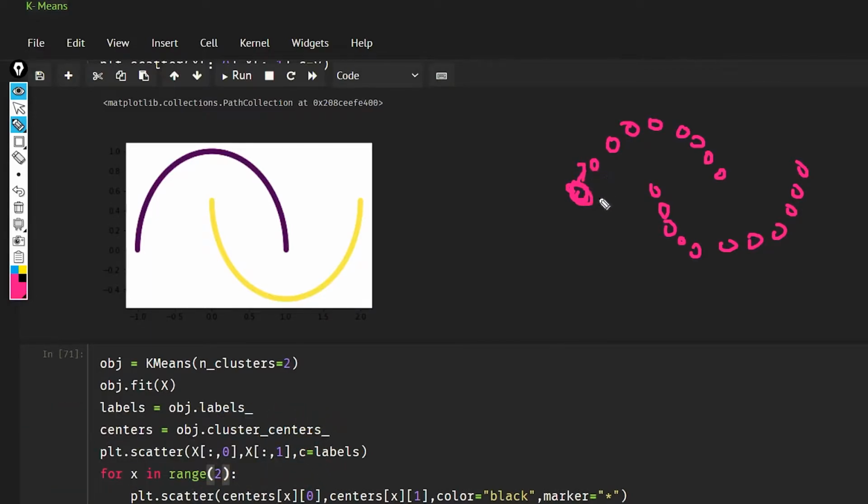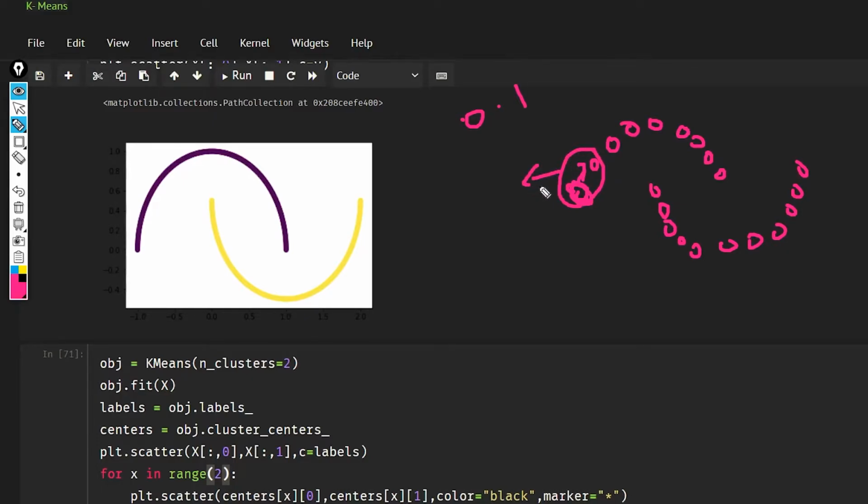Now if this next point is closer than some threshold, let's suppose the distance between both of them is less than 0.1, then these both are going to be considered in a